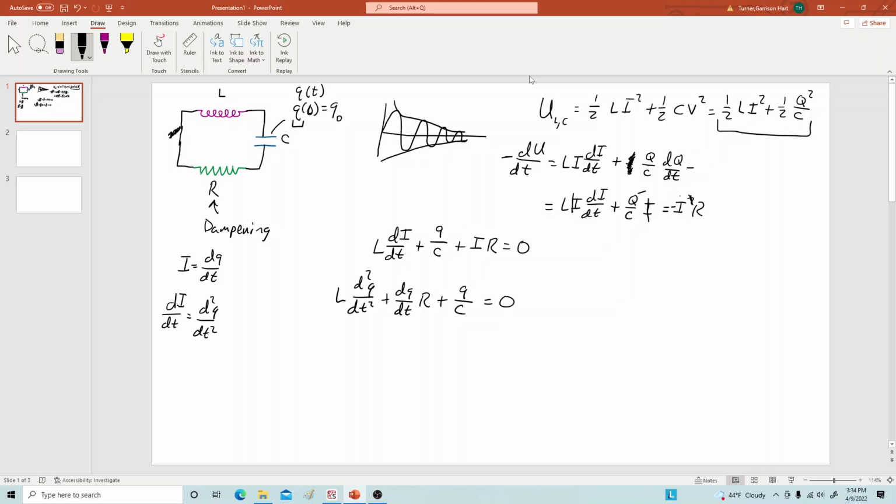Okay, but I want to show you guys the process by which we will do so. So here's the method. First of all, recall that Q is a function of time. Okay. Now, there's a principle in differential equations that says